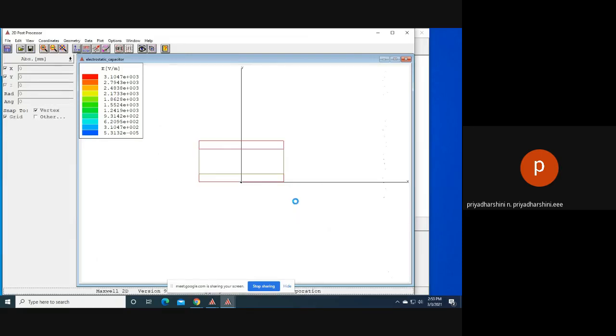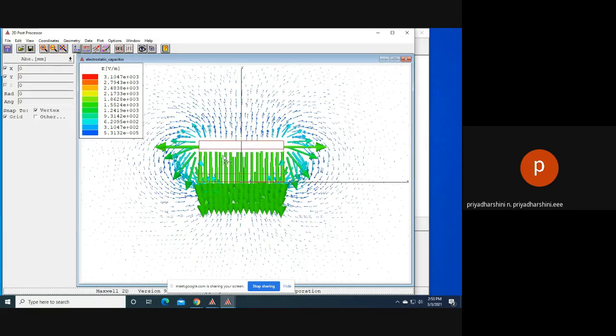I can zoom in and show you. We know that from the upper plate towards the lower plate, my E is directed. Apart from the direction from the upper plate to the lower plate, in the space region surrounding the parallel plate capacitor, it will be a semicircle. It starts from the upper plate, 10 volt, and finally ends in the lower plate, which is your 0 volt. This we know already from our electromagnetic theory.